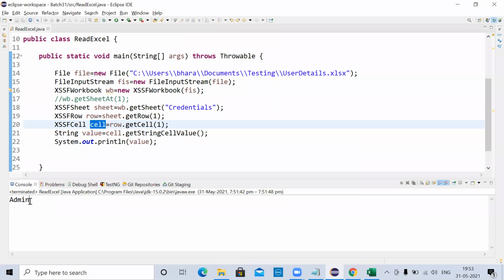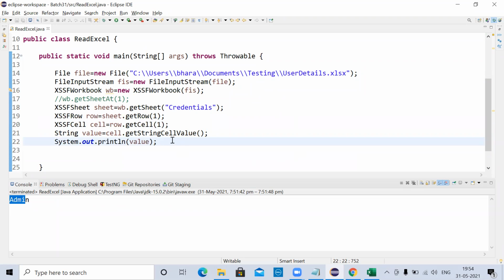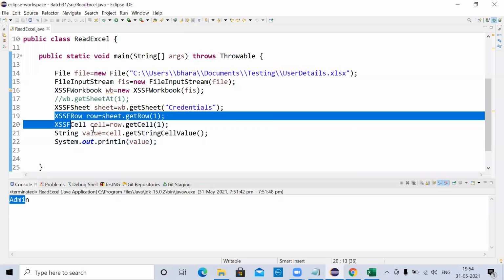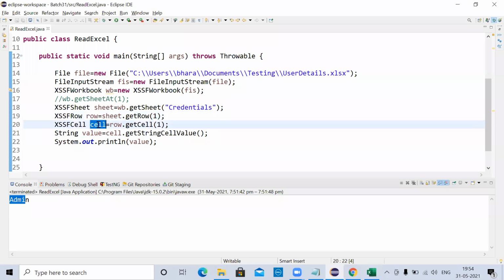So whatever value you are getting here is basically a string. Okay, so in this way only you need to read the data. If I want to make it short, and I don't want to follow all these steps for reading only one value, then you can follow one straight away method. Instead of creating individual objects, you can have it in a single line itself. Let me comment everything.